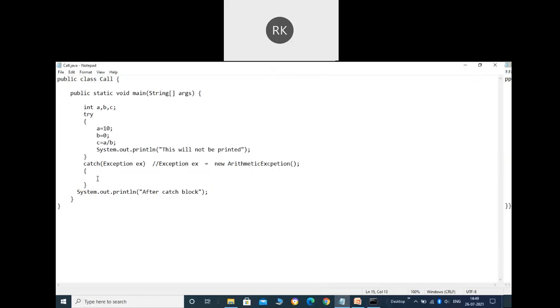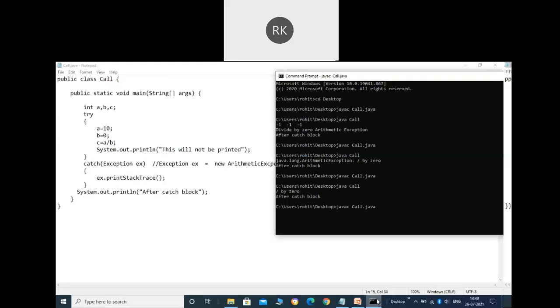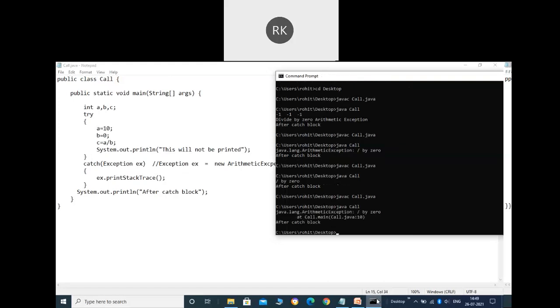And the last one, which will give you everything, all the details of your exception, is something called printStackTrace. This is a method available here, and we can say ex.printStackTrace. Let's see what will happen now. You can see java.lang.ArithmeticException: / by zero at Core.main, at line number 10.